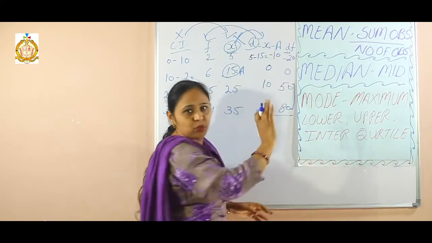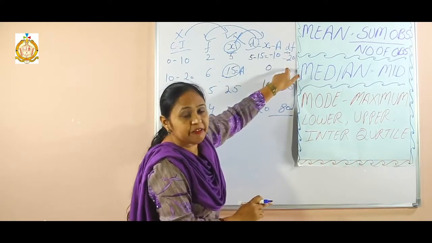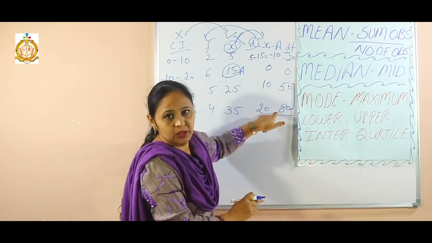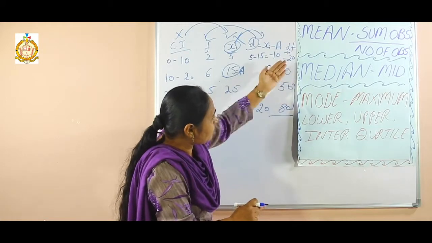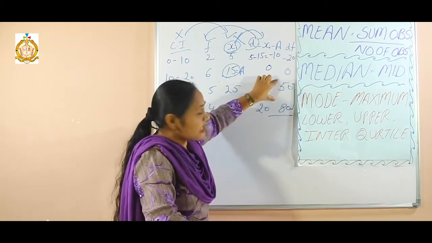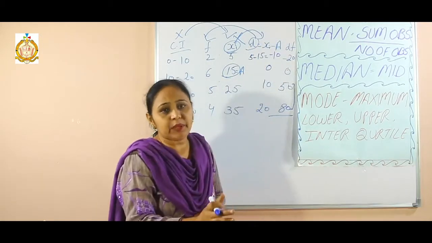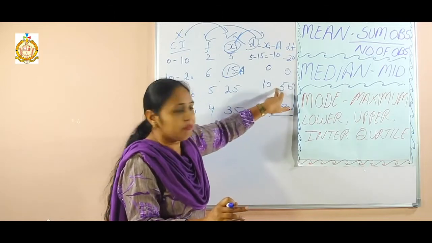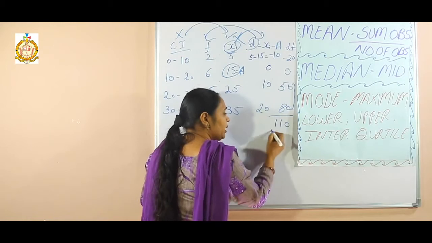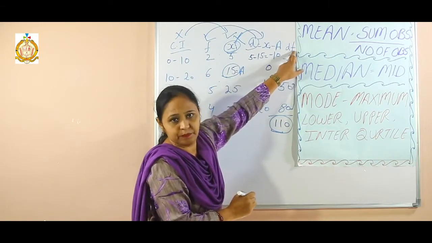Suppose if there are 5 numbers, then the minus numbers I add first, it becomes minus 30. Then the positive becomes 130. Then I subtract the negative number from the positive. Now there is only minus 20. That means I first add positive, take separate, negative take separate. Then add and subtract those numbers. 80 plus 50 becomes 130. Then minus 20, that means there will be 110. This is the summation of F and D.